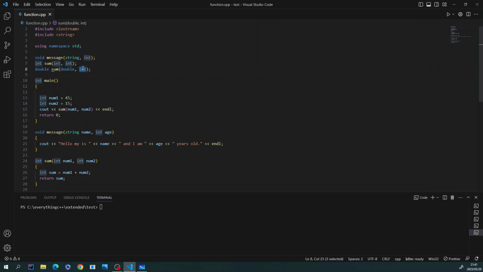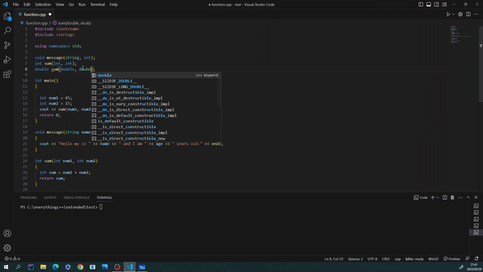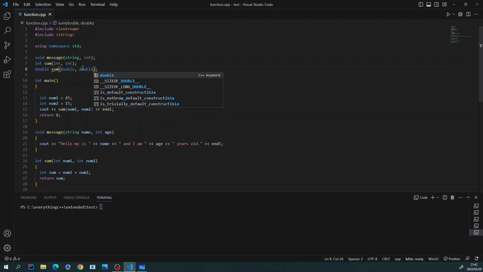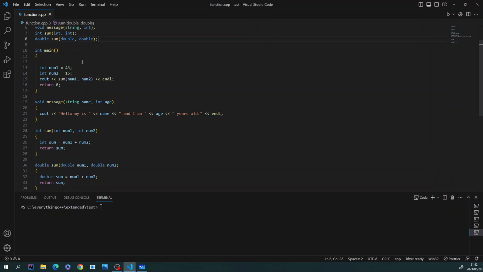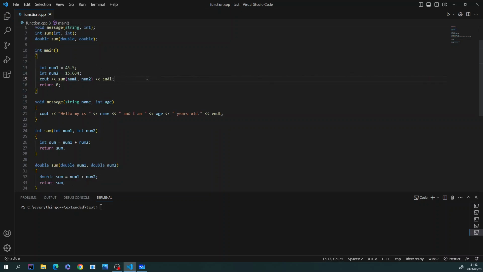So let me just go on and continue. This is how you overload functions. I've overloaded my functions now. Same name, but different parameters. So now I'll change that into a decimal quickly, 45.3 or 0.5, and then point that. Then it knows now that you are calling the second one instead of the first one. So if I run that,